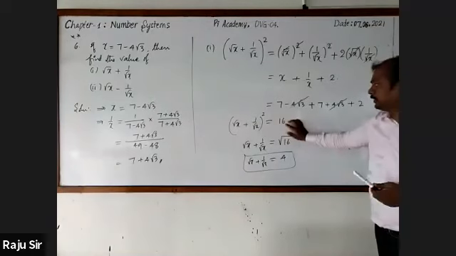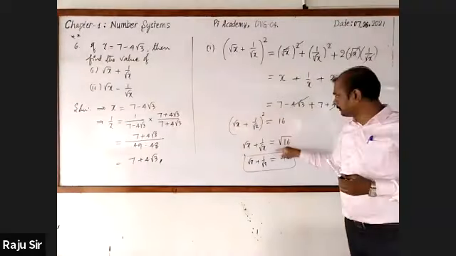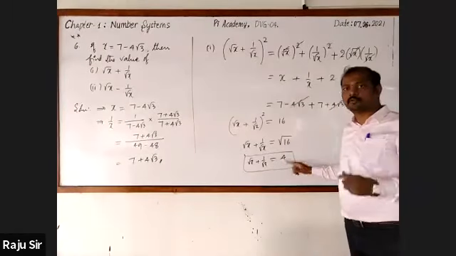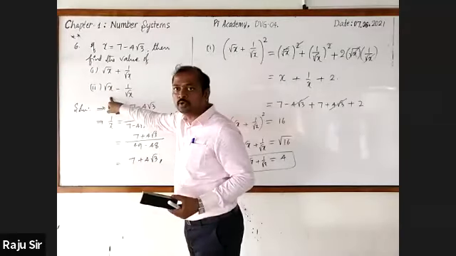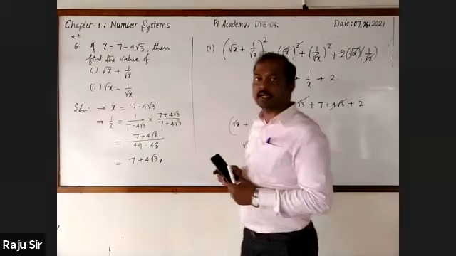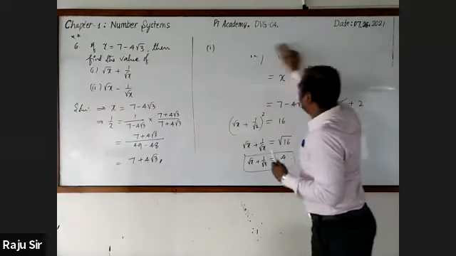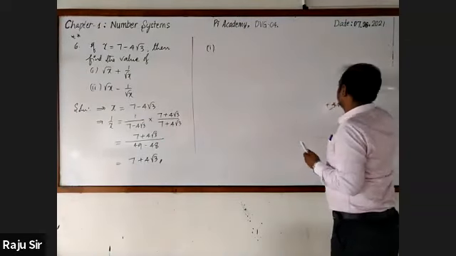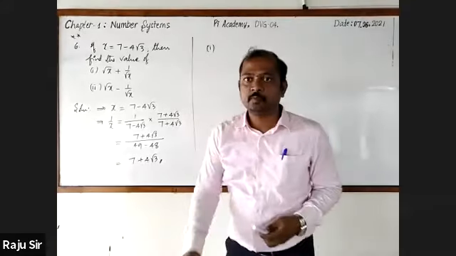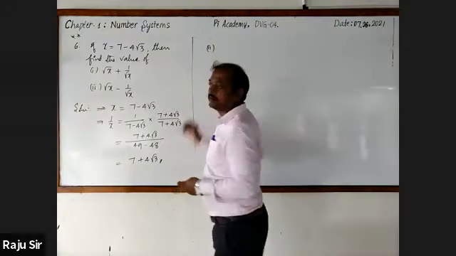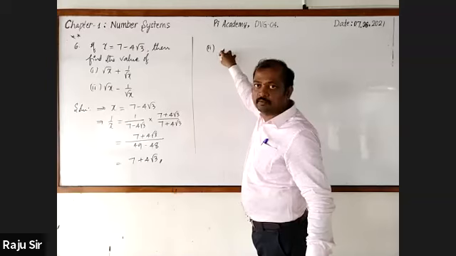Here, after simplifying, you'll get 16. Here, square is there. Apply root to 16. Square root of 16 is 4. Now we should move to root x minus 1 by root x. Now you may start writing with me. Prithvi, start writing with me. Prithviraj. Writing, sir. Now you have to start writing with me.